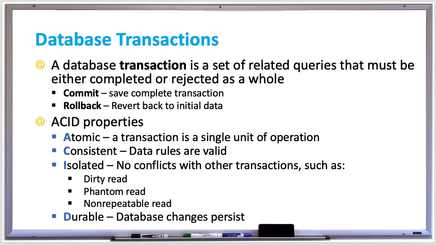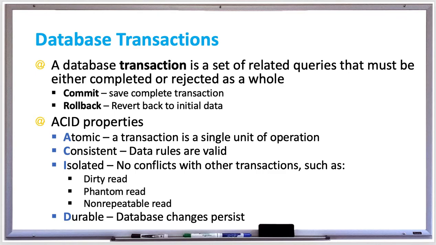For example, if there was a Venmo transaction transferring funds from one bank account to another, let's say a buyer sends $50 from his or her account to a seller's account, but only the first query was successful, where the money was sent, but the second query failed and the $50 was not received by the seller, then where did that money go? So to prevent incorrect data, the transaction either processes both queries if they are successful or processes none of them